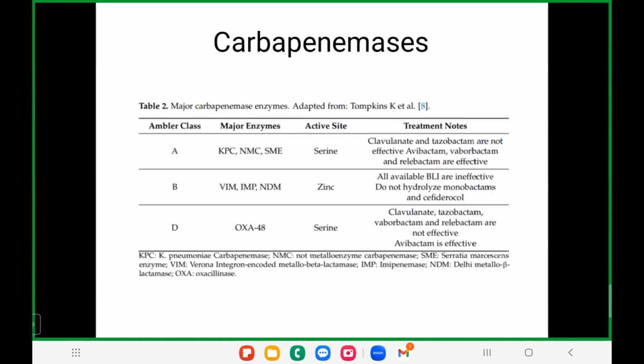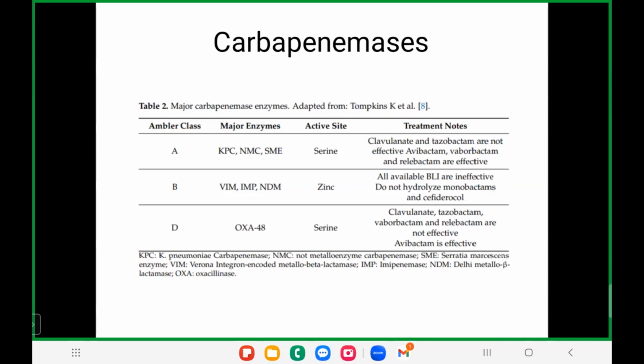So these are the three groups of carbapenemases. One is Ambler class A, B, D, and there are certain groups of enzymes in these. A contains the most common, KPC. Just remember that word. And in B are VIM and NDM. Remember NDM, which is the commonest in our areas. So we are encountering more of NDM and less of KPC. And D is OXA-48. Why do we need to look at this?